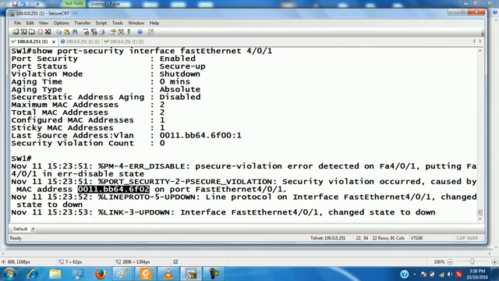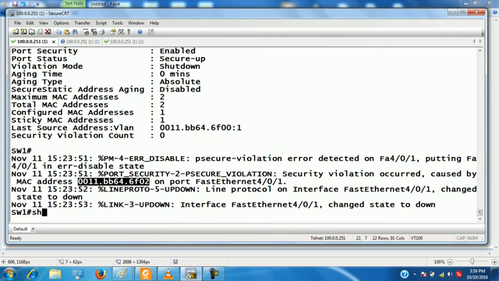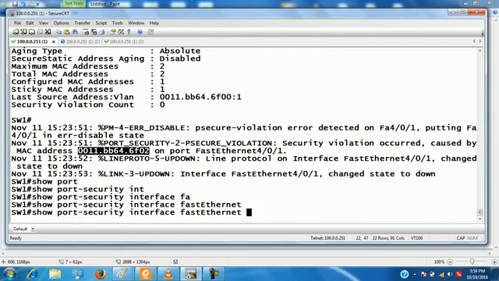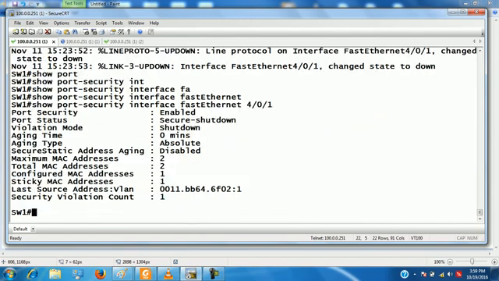क्लियर? सबको समझ में आया? सबको क्लियर? Now show port-security interface FastEthernet 4/0/1. This was the last source address which was learned on the interface.